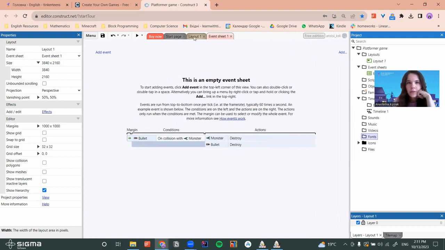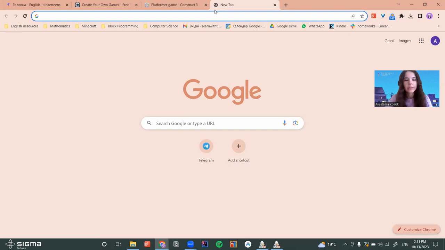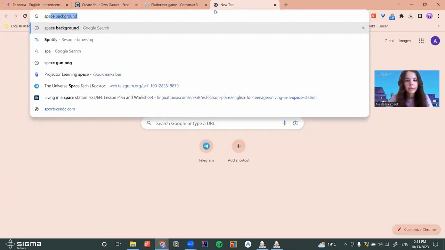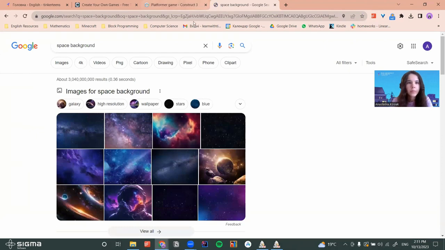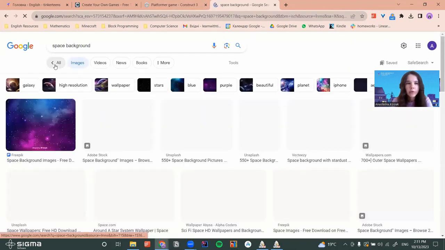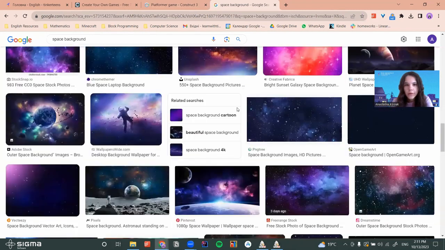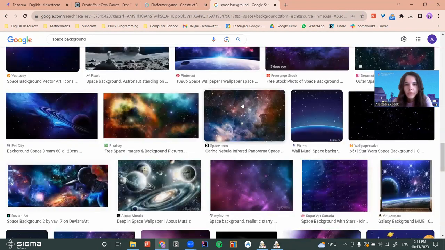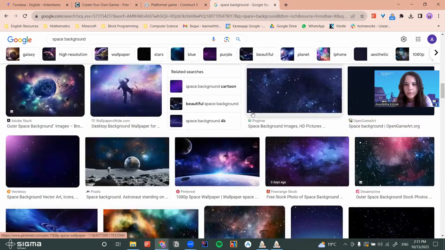So let's click on the Layout tab and switch back to our layout. First of all, let's add a background for our game. I want to use a space background for my game. So in a new tab in my browser, I will type space background and will search for some images that I could use for my game. For example,